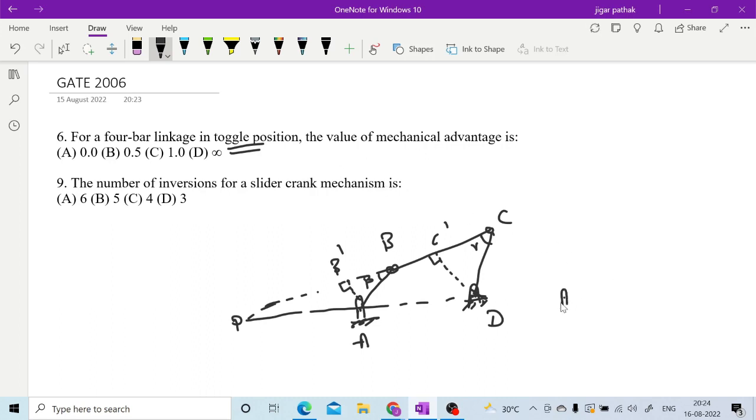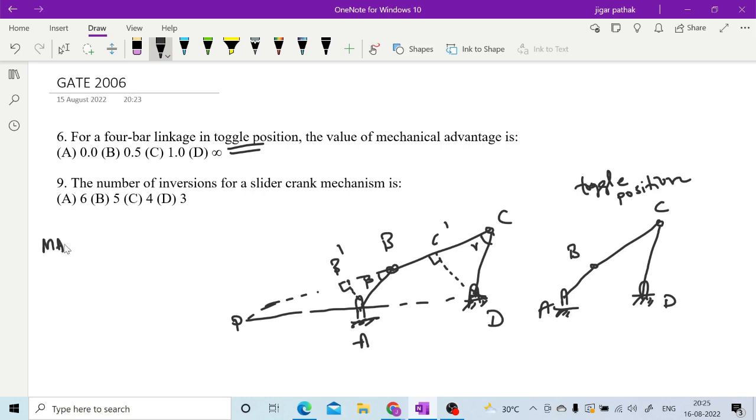So what is toggle position? Here you can have this A to B, and again then B to C will be there only, and then you can have this particular position A, B, C and D. So here this particular position is known as toggle mechanism or toggle position for 4-bar chain mechanism. Right. Now in order to calculate the general mechanical advantage, first we can write that mechanical advantage is nothing but,